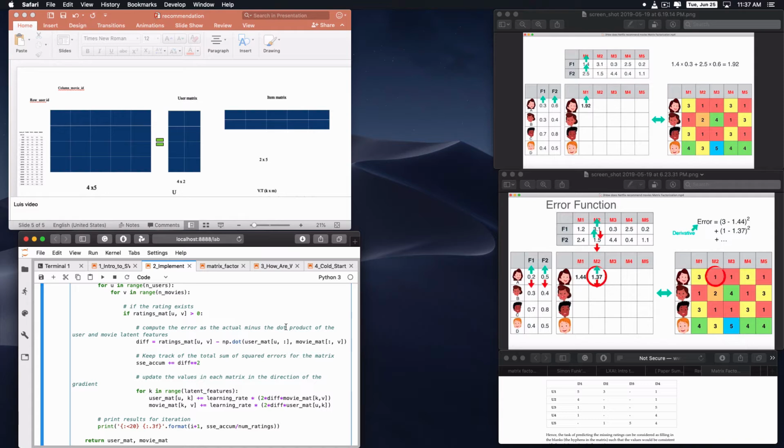minus np.dot(user_mat[u], movie_mat[:, v]). Here, 3 and 4, this column and this column, we multiply this and this and get a value, and then we subtract this value from this value. Also we did like here. So we multiply this and this, get this, and the difference is here. If the difference is positive, this value is higher than this multiplication, and the difference will be negative if this value is lower than this multiplication,